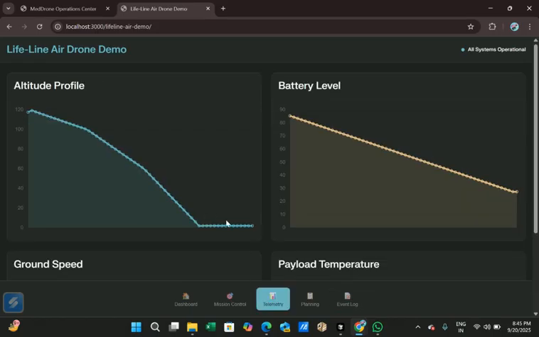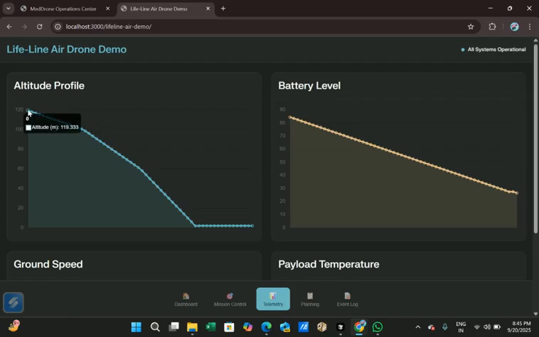Then in the telemetry graph, as you can see, it denotes the altitude profile. Here it is at 120, which means it was at a high point. Then slowly when it reached the target point, the battery level was decreasing.